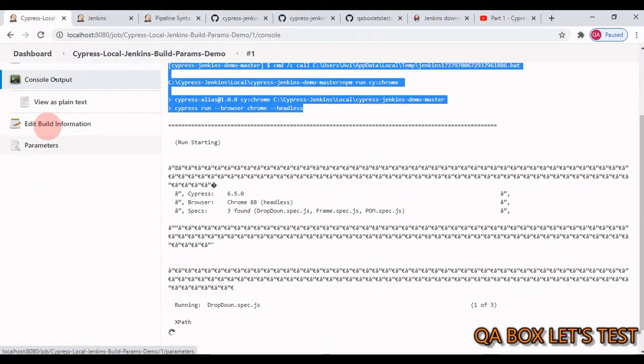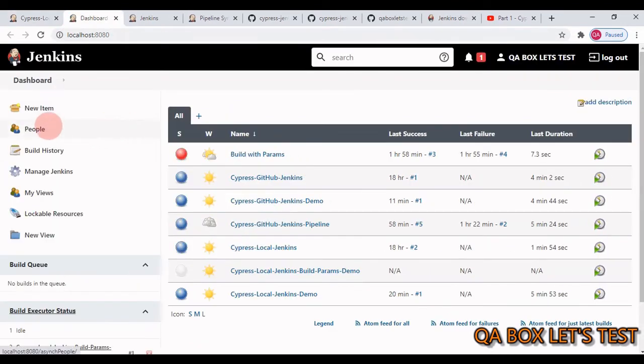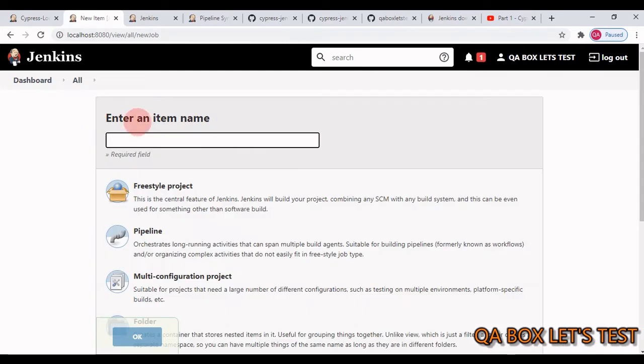So let us go back to Jenkins. Okay. And we click on this dashboard. Come in here. We create a new item. All right. And we give it a name. So this is the name we give to it. Right. We select pipeline this time. Click OK,